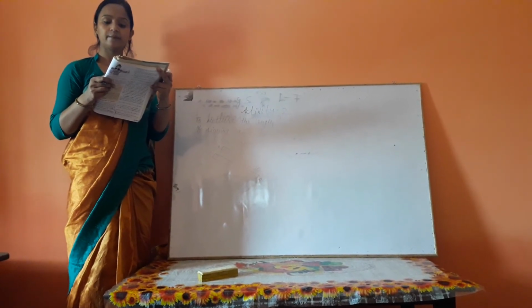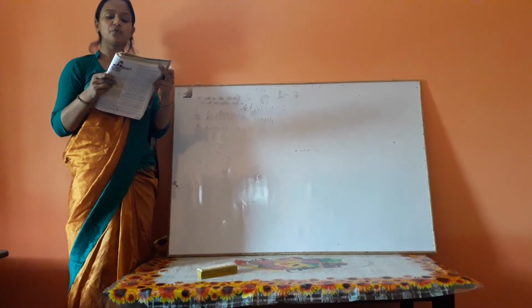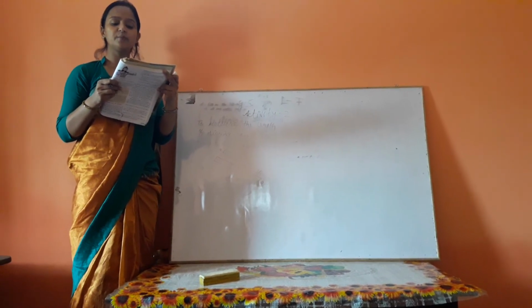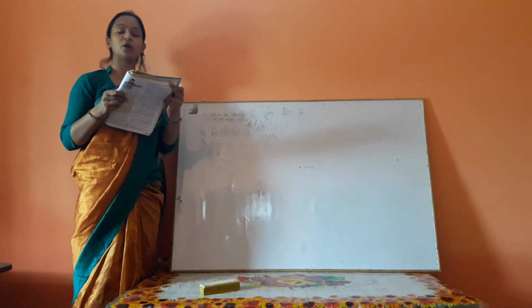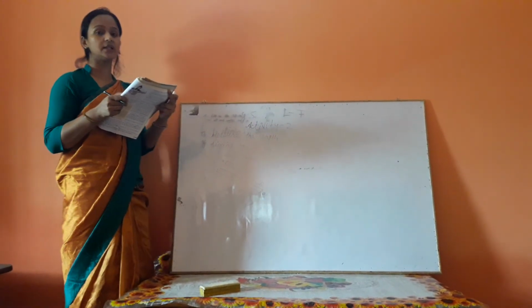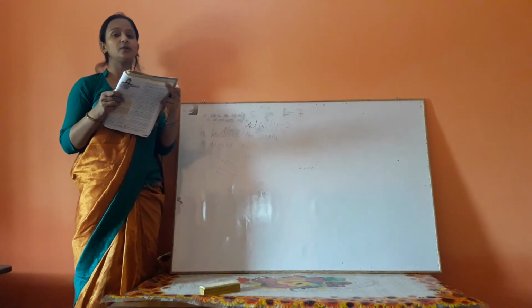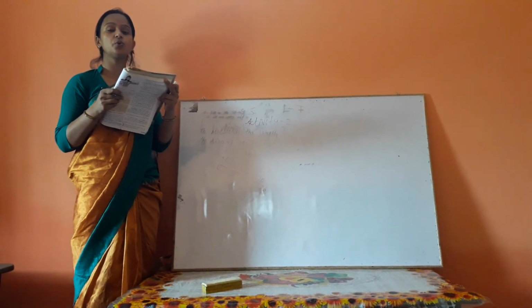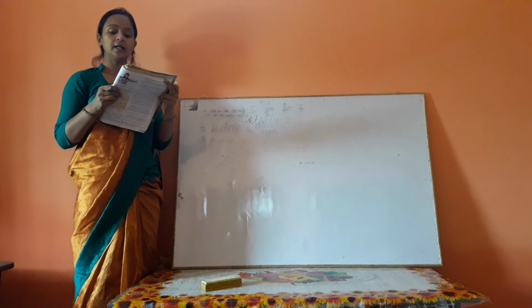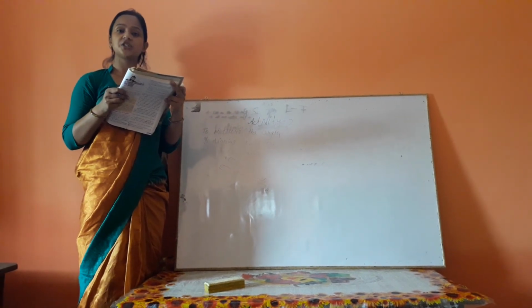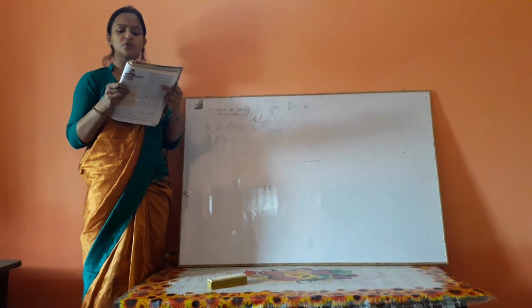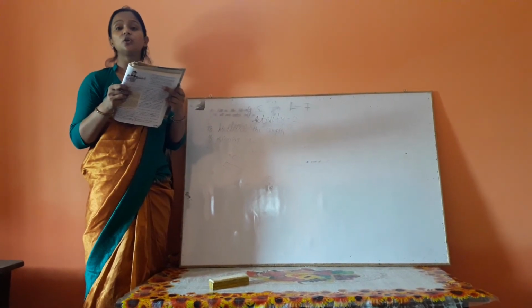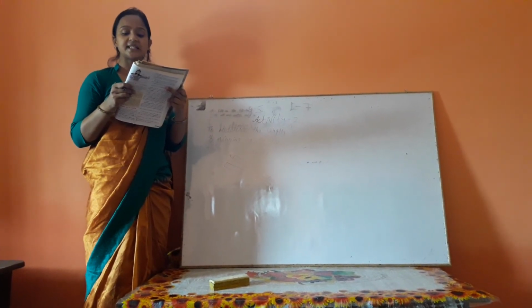Now think, what have you done to find the answer? You did not move any of the tables, instead you moved yourself. You cannot move the table. The dining table is at home, you cannot bring it to the school, and this teacher's table you cannot bring home. So the third object used for comparing the length of two objects is the scale.